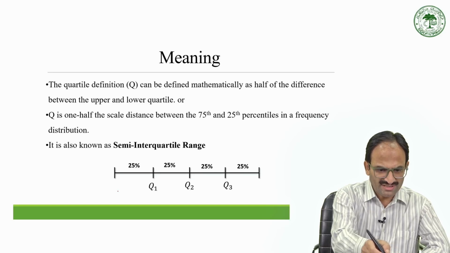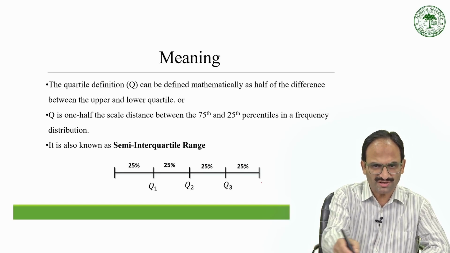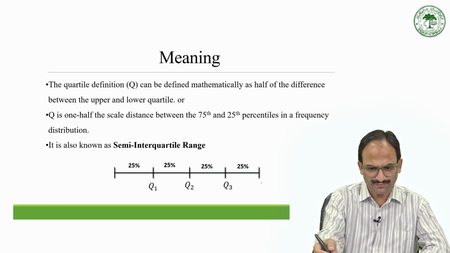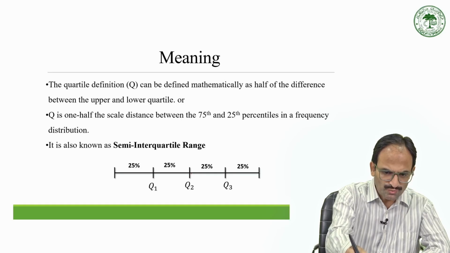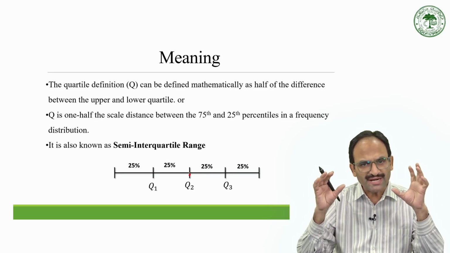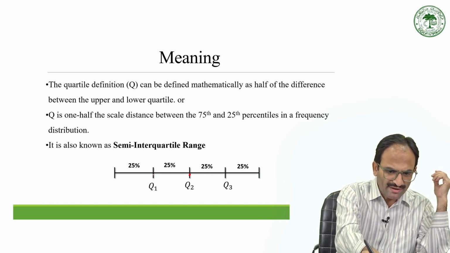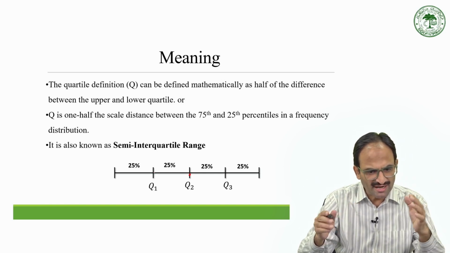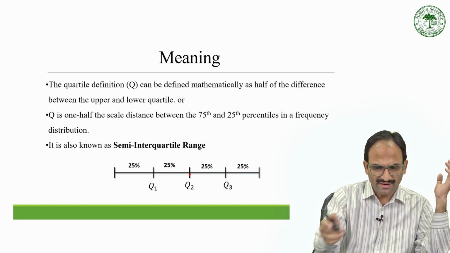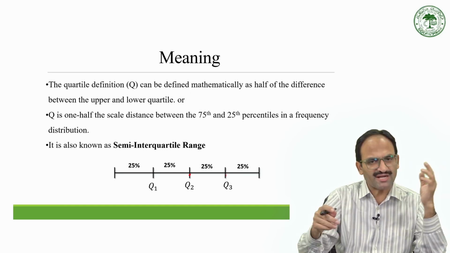So this is the whole distribution. If you see this whole distribution, Q2 is the midpoint of the distribution, whereas Q1 is the median of the lower part and Q3 is the median of the